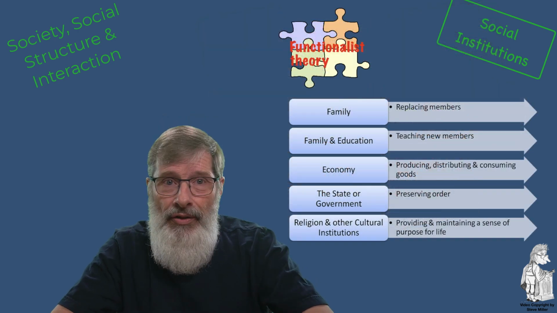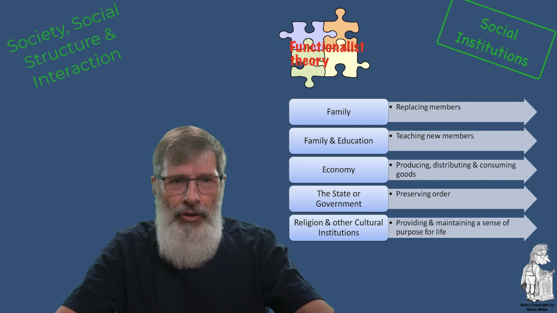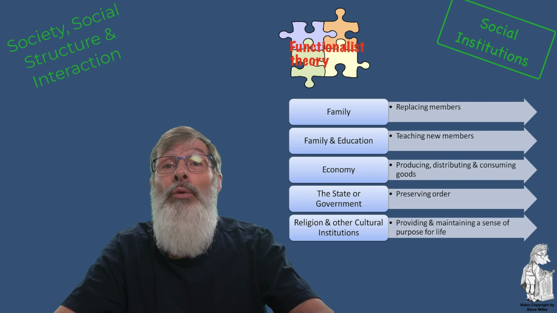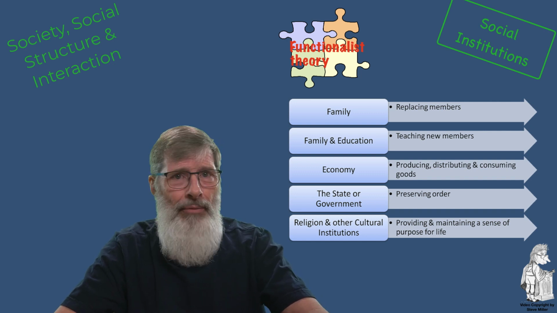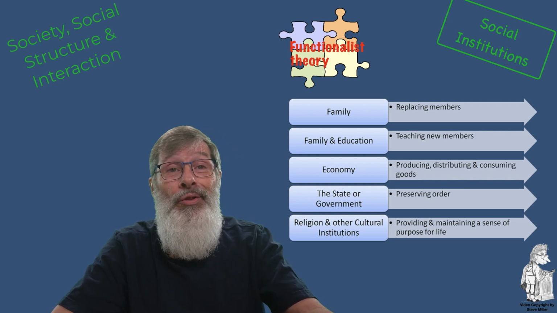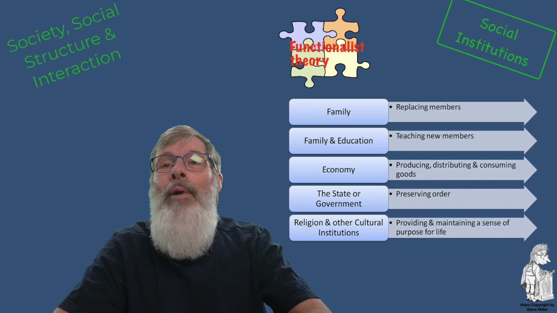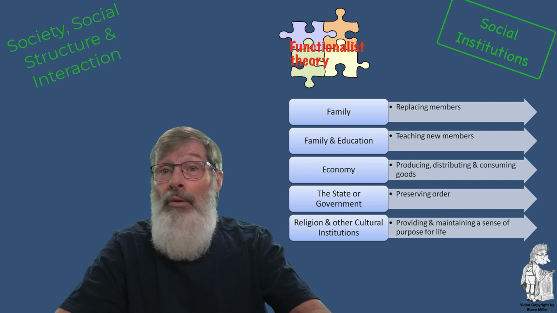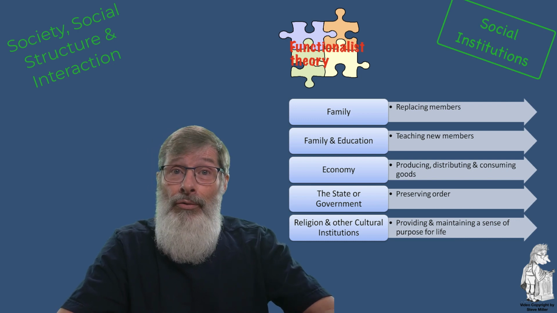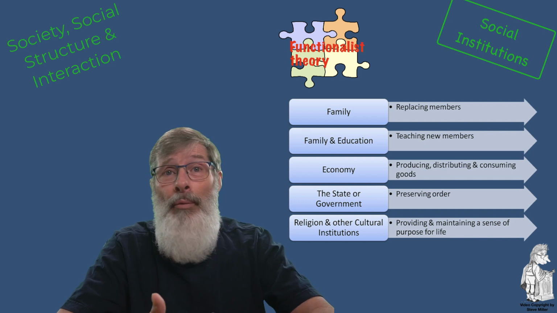Functionalist theory suggests that social institutions exist because they perform essential tasks. And this is repeating what I mentioned earlier. They replace members. Society and groups must have socially approved ways of replacing members when they move away or they die. One of the social institutions that takes care of that is family. The second element is teaching new members. People who are born into our society or move into our society must learn the group's values and customs. Again, family, sometimes education, media, even government.